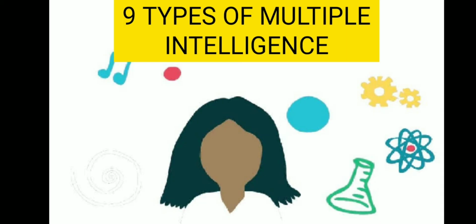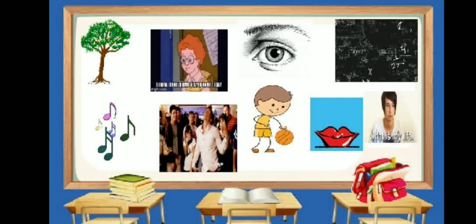He described 9 different intelligences based on the above criteria: logical mathematical, number smart; verbal linguistic, word smart; bodily kinesthetic, body smart; musical rhythmic, music smart; interpersonal, people smart; visual spatial, picture smart; intrapersonal, self smart; the naturalist, nature smart;